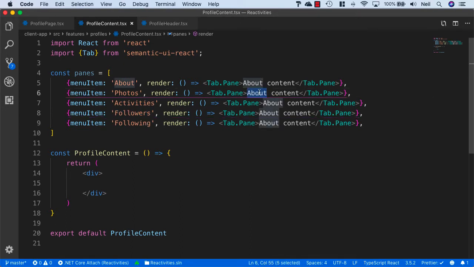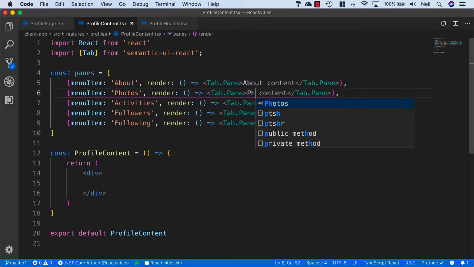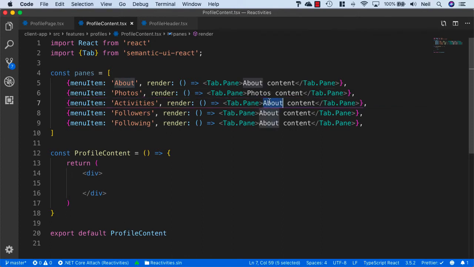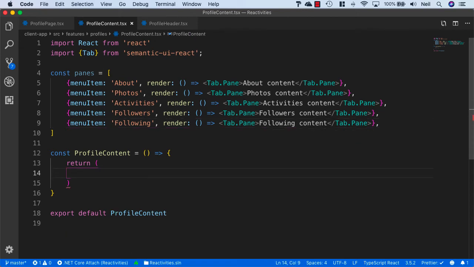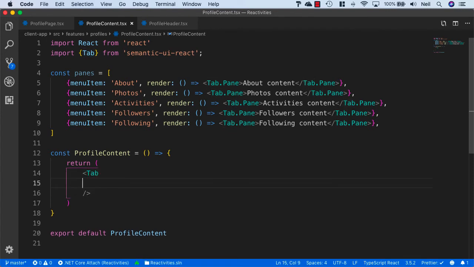And let's just change the text inside here as well. So we'll say photos content, activities content, followers content, and following content. And what we'll do, we'll replace this div with a tab, and inside the tab we'll specify our menu